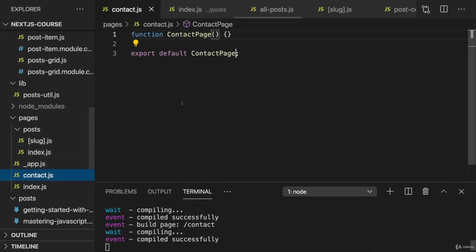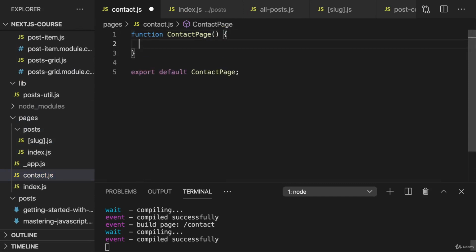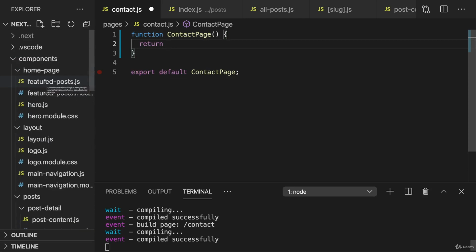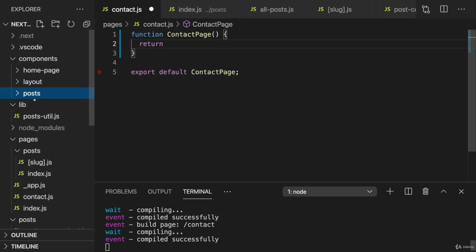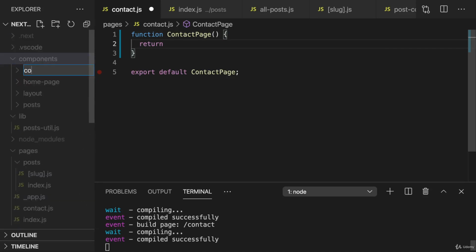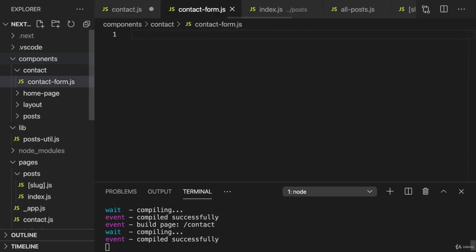So let's work on this contact page. There I of course need to return some JSX code, but I'll again keep it simple and create a separate component which holds the actual content of this page. For this, in the components folder, I'll add a new subfolder, contact, and in there I'll add a contact-form.js file,